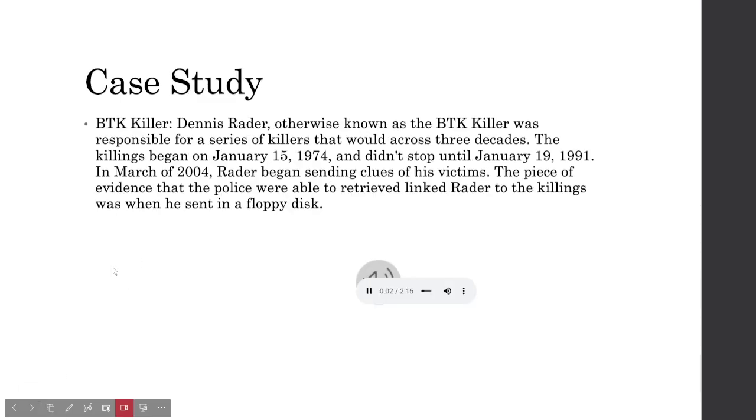So for the next slide, I'll look into a case study. For the final project, we were given the opportunity of looking at a case study and going over how one of these tools played a key role in the solving of that crime. And the event that I wanted to look over was the BTK killer, the bind, torture, kill serial killer, because after doing some research, you can actually see how much digital forensics played a role in identifying who was responsible for those crimes. So, starting off, Dennis Rader, he